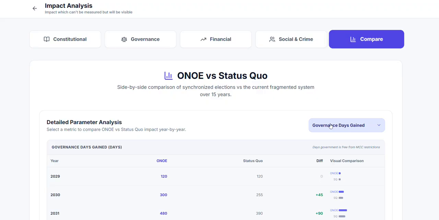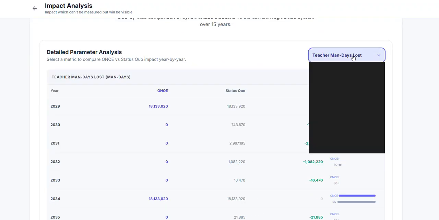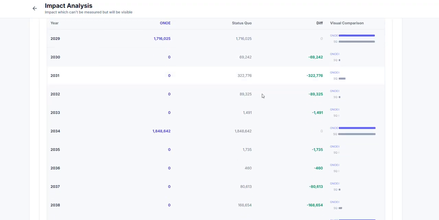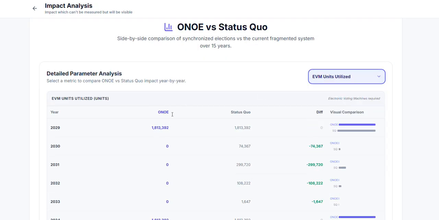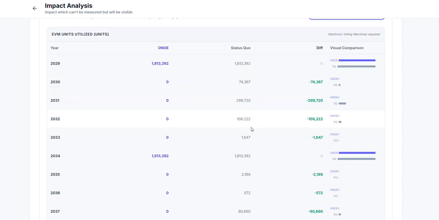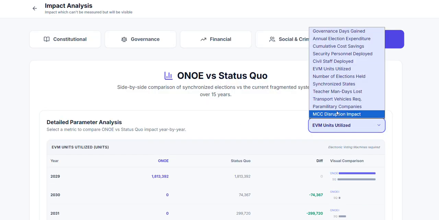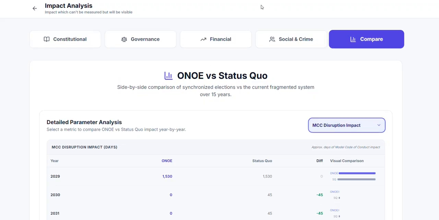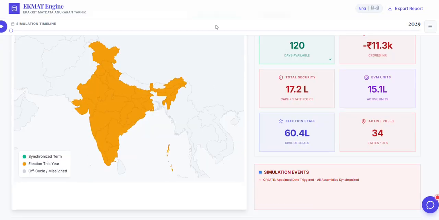Again, if someone wants to compare between the present system and the old system, there are a number of factors where he can compare, like, as you can see, year by year data, One Nation One Election versus the current system. And all this data is from government-backed sources, that is ECI data. And that's it. So we have considered all the factors which would properly simulate the impact of One Nation One Election. And thank you.